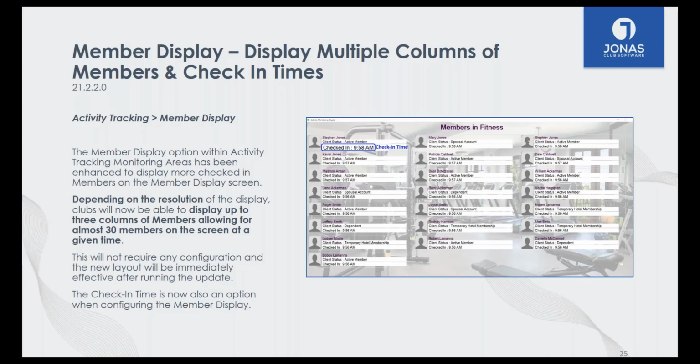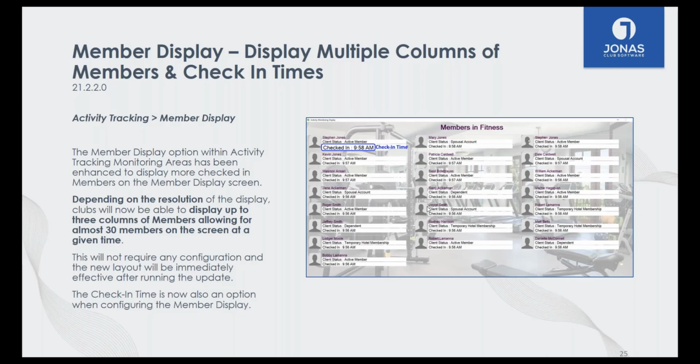So if it's a half hour, an hour, 3 hours, whatever it might be, you can dictate when a person's check-in will no longer display on the screen, or that'll naturally happen as more and more people check in and they can't be displayed on the screen any further. So again, a way to display to the members who else is in a particular activity type or facility